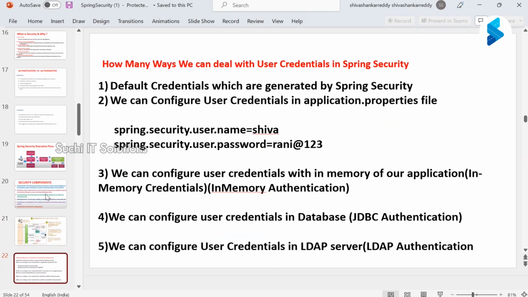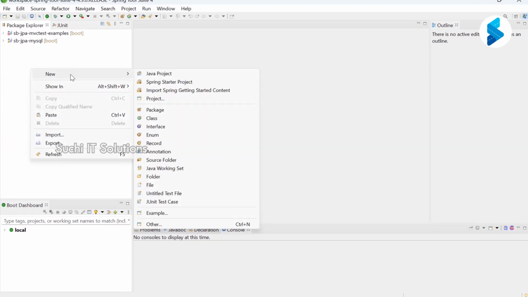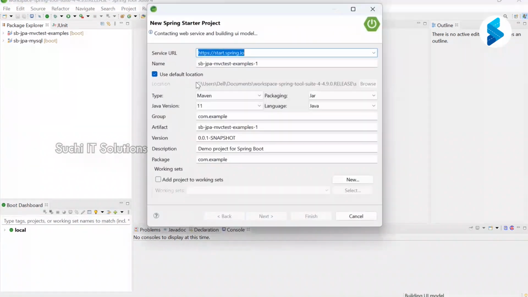Guys, let me show you the first basic application so you understand. I click on this, a new Spring Starter project, named security example.